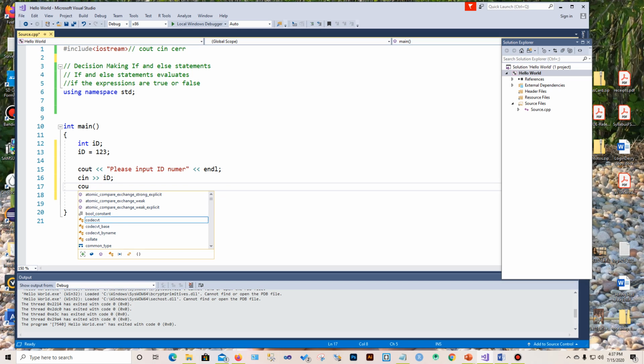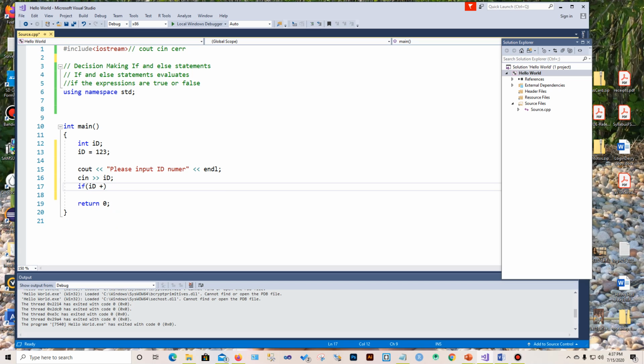Then, before the cout, now that you've inputted, we're going to evaluate inside of the if statement. So I'm saying that if ID